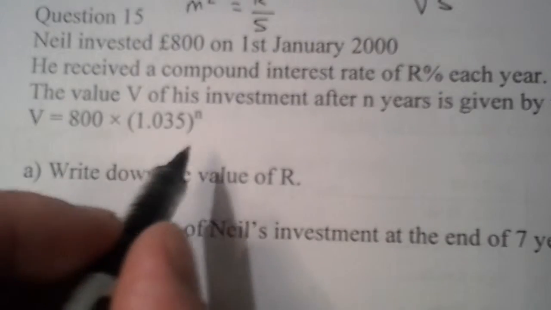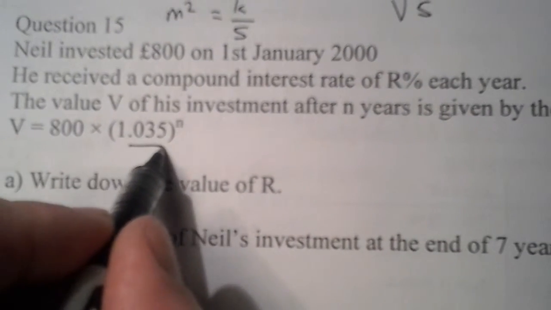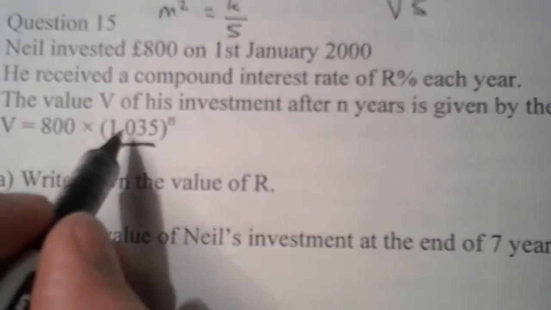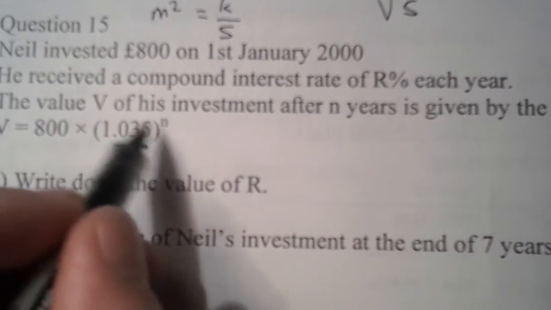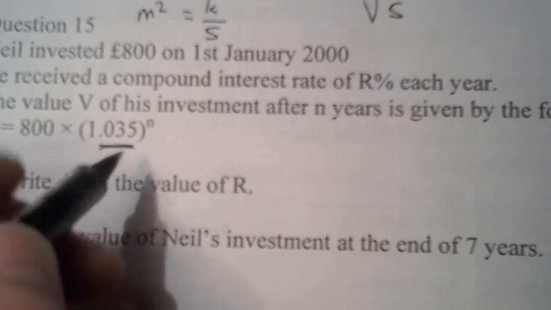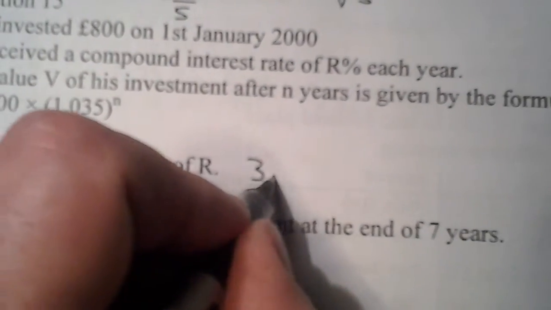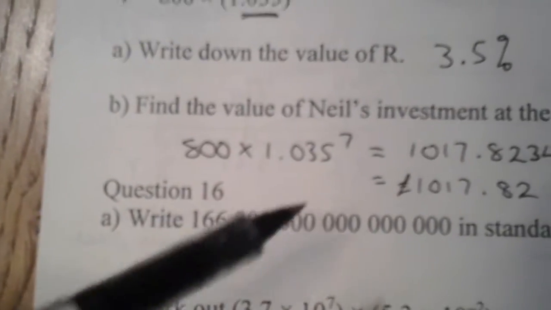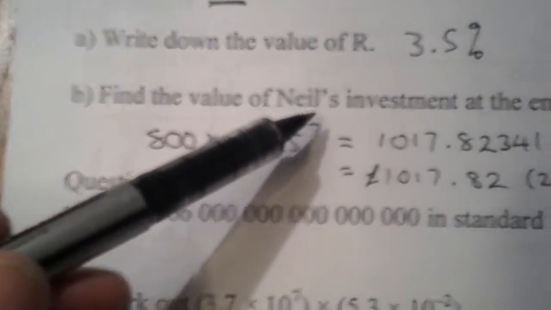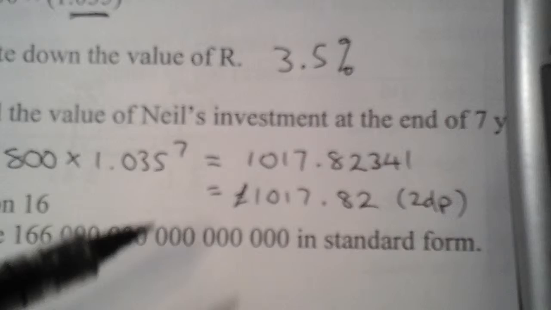Question 15, the value of r. Well, r is the interest rate, and that's in here. The 1 at the front just keeps the principal value of 800, so the interest rate is this bit here. Change that into a percentage, will give you 3.5%. The value of the investment after 7 years, put a 7 in the formula,